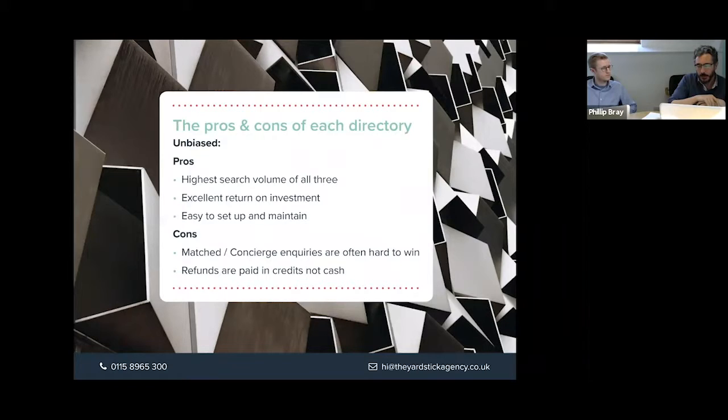To positively improve your response rating, you need to give Unbiased a firm decision about an inquiry within 24 hours. That firm decision can be yes, I want to accept it, or no, I want to decline it. Either way, that's a firm decision. Clearly, you would be responding to inquiries more quickly than 24 hours, and you would need to do that to win the matched inquiries anyway. But it's based on giving Unbiased a firm decision. If you give them a firm decision within 24 hours, your response rating will improve.